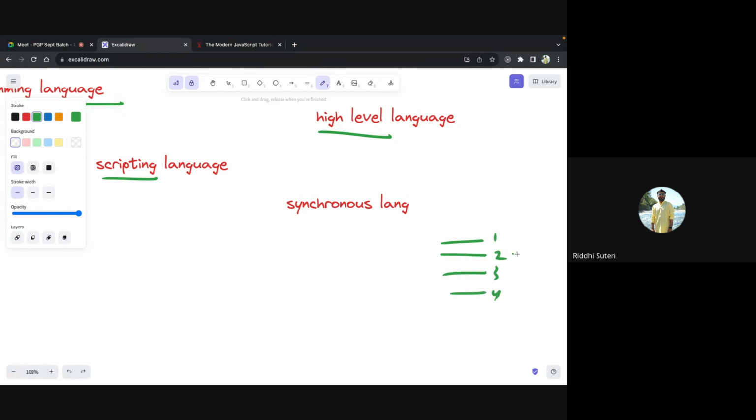And maybe at line number 2, there was a very heavy intensive operation. By heavy intensive operation, I don't mean that you are doing a longer mathematical calculation, like multiplying a very crazy number with a very crazy number. That is not considered a heavy computation. A heavy computation means you are trying to do a task which is bound to have a delay, like fetching some data from outside your system, or maybe reading a file and things like that.